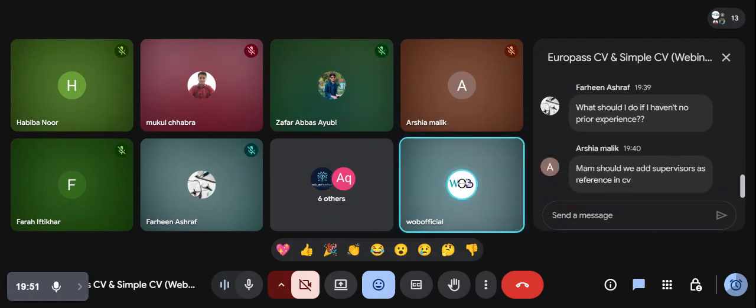Next question: ma'am, should we add a supervisor as a reference in the CV? Yes, of course. If you have a reference from a supervisor in your department, then you can add it. First of all, in a professional way, you have to get permission from that supervisor, saying I want to get your recommendation.